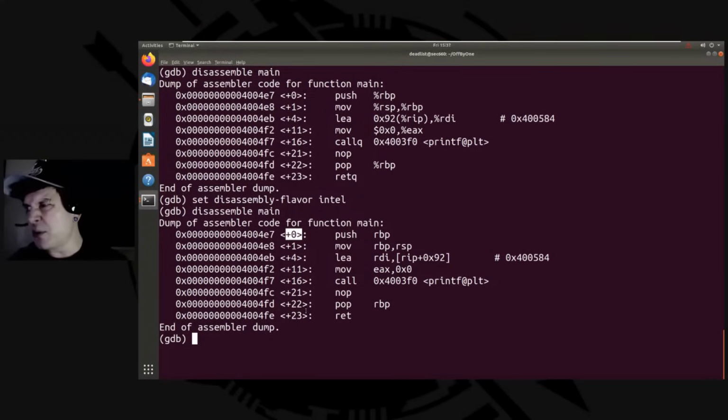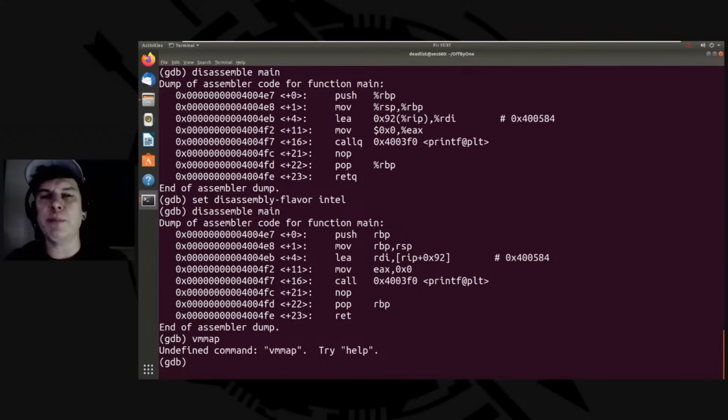One nice thing we can do, yeah, VMMap is great, but sometimes VMMap doesn't work. It depends on your extension. So if I say VMMap, see how it's saying no? It depends. So you can also say, what is it? I think it's proc and then the memory map that way. We'll get to it in a moment here. But